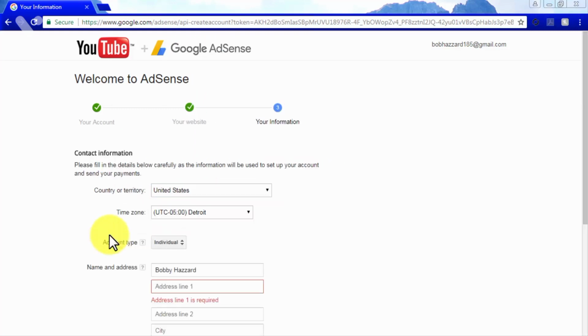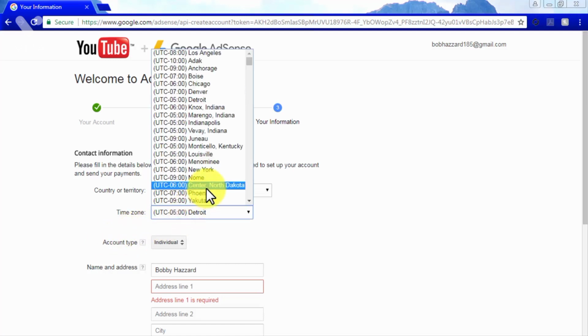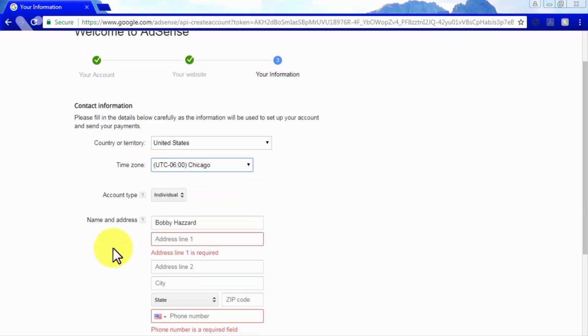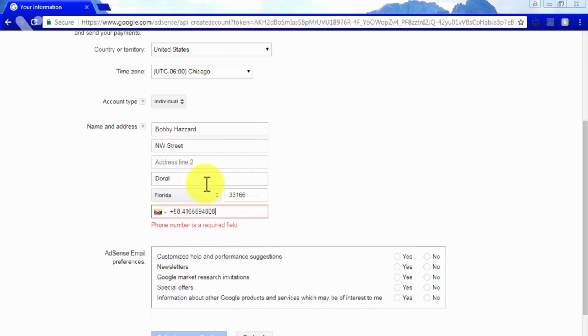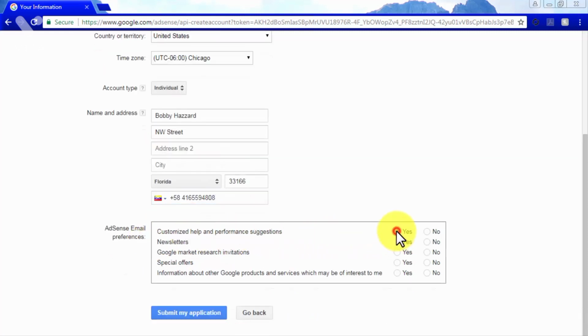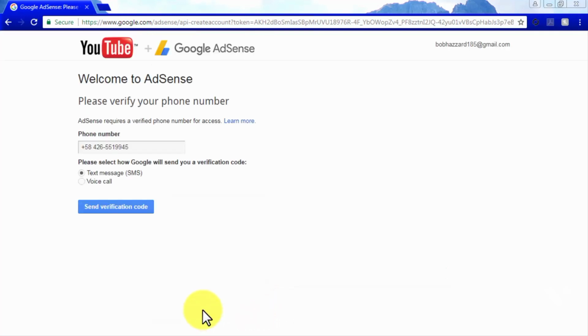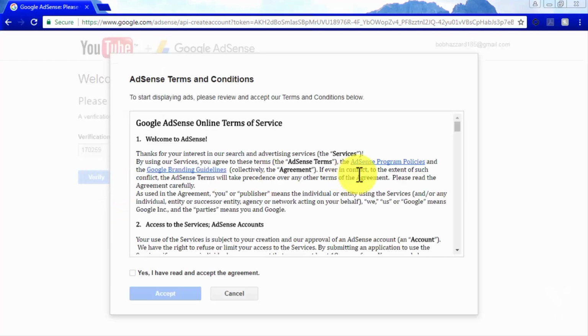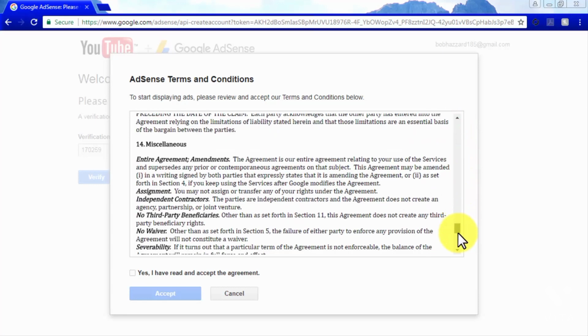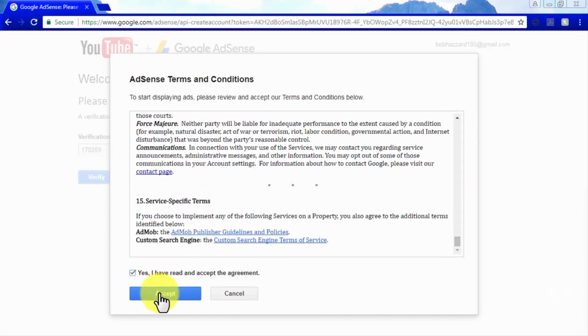Now you will need to enter your information. You will have to specify your country or territory, your time zone, your account type, your name and address, and your AdSense email preferences. Then click on Submit My Application. In the next step, verify your phone number by text message or voice call, and then read and accept the AdSense terms and conditions by reading the terms document, checking the Yes, I have read and accept the agreement box,